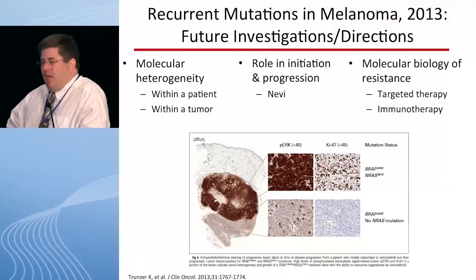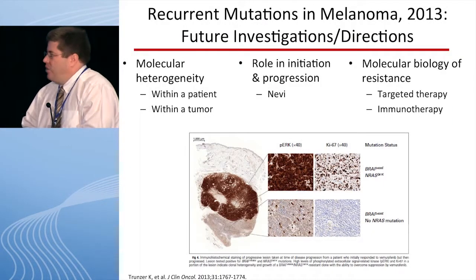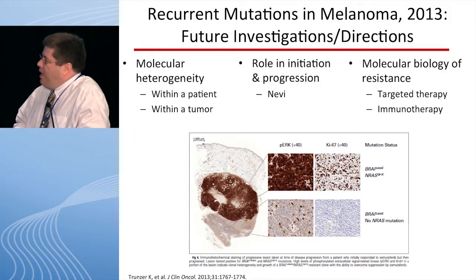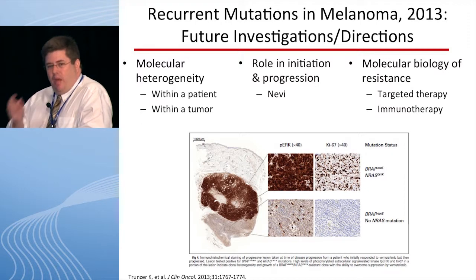And again, just with the telomerase mutations as an example, we really haven't started digging into the significance of those mutations that do happen in non-coding regions, which again is a daunting task because of how many of those mutations are present. I'd like to highlight on this slide a couple of the other challenges that we have moving forward. So one of the questions is molecular heterogeneity.